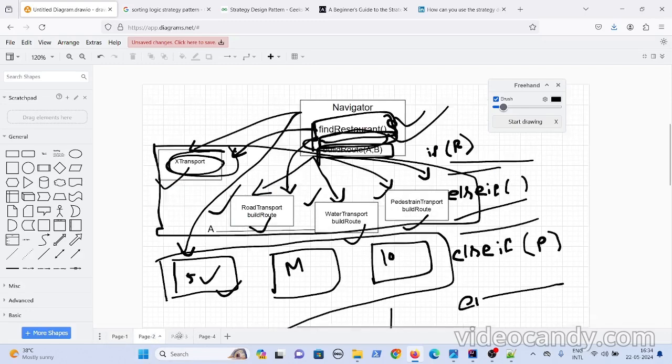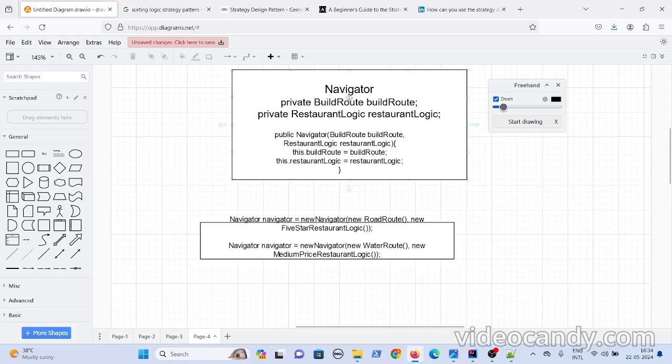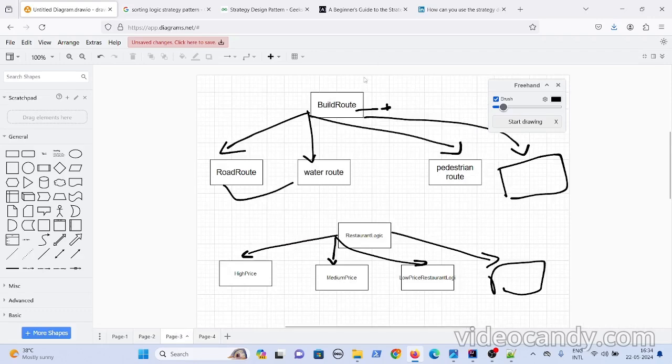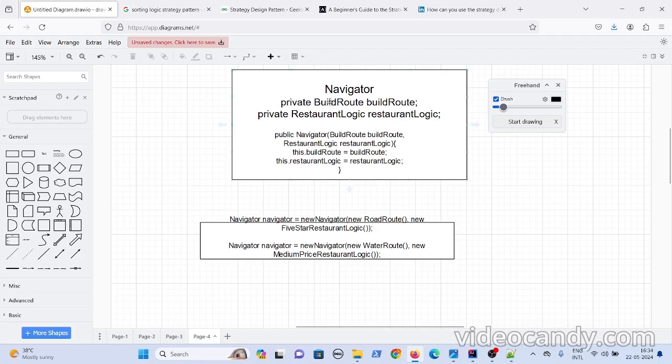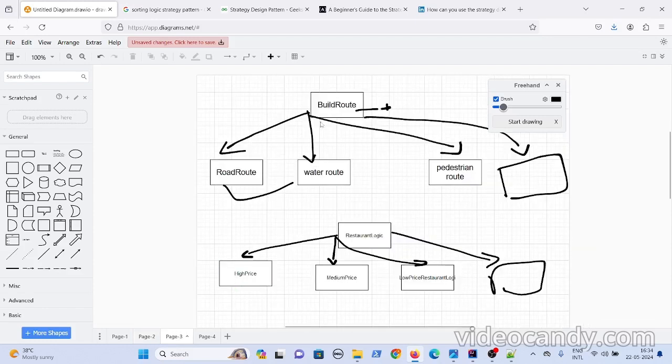Now even in this class, you have just created a class for the route, and you are invoking the method that is present in the build route. You are basically encapsulating it. For the user, you have exposed the build route. You did not specify road route here, you have specified the build route. Basically, these classes implement this interface and then add logic for the build route.